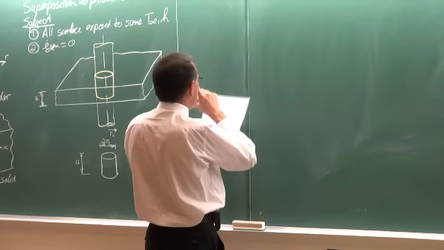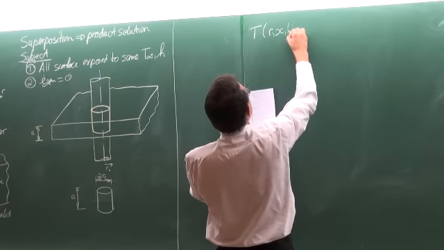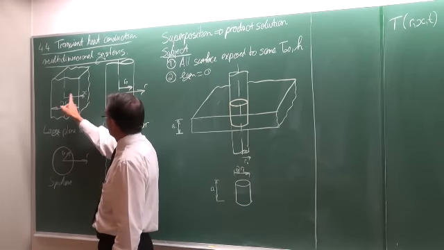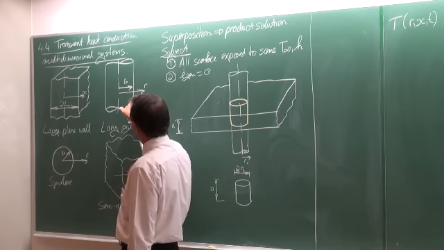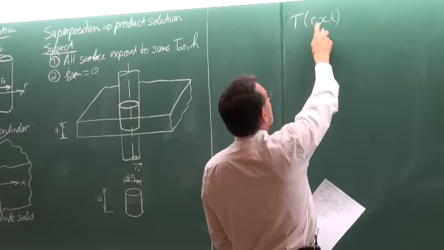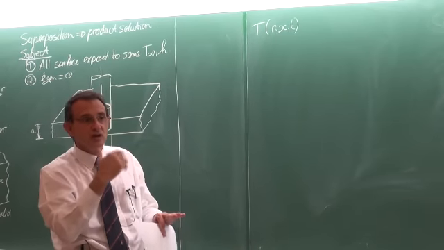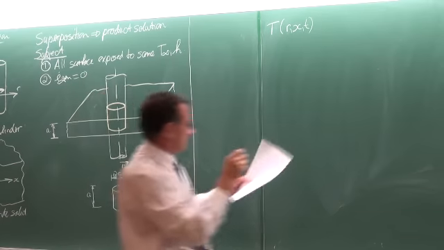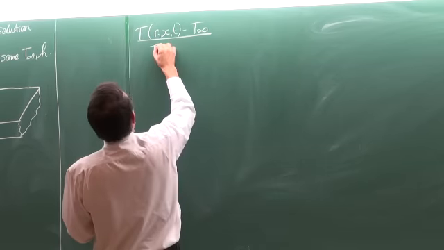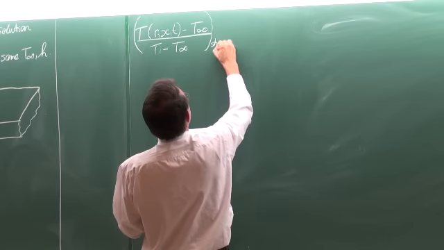what is happening now is that we can say that the temperature, which is now a function of R, X, and T, okay, previously with all these geometries, the temperature was only a function of X and T, of R and T, and of X and T, not of 2 dimensions. Now we're going to have R and X. So the temperature is now going to be a function of 2 variables in terms of the coordinate system being used. So the non-dimensionalized temperature, so it's the temperature minus T infinite, divided by the initial temperature minus T infinite of this short cylinder